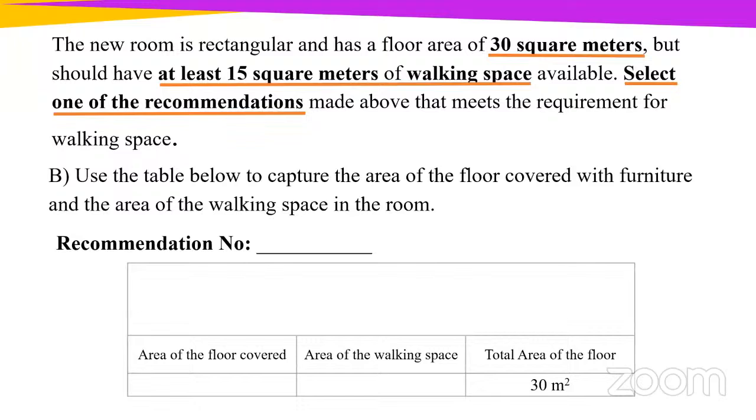I'm asking, what is it that we're going to need to assist us with completing this table? What information will we need to use to complete this table? The walking space of the room should be. All right, we are not hearing. Yes, he's speaking. He's responding, the walking space of the room. So what would we need to look back on? What information would we need to look back on?